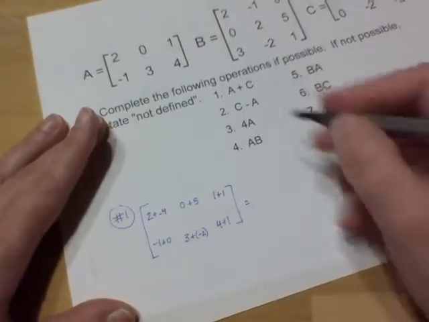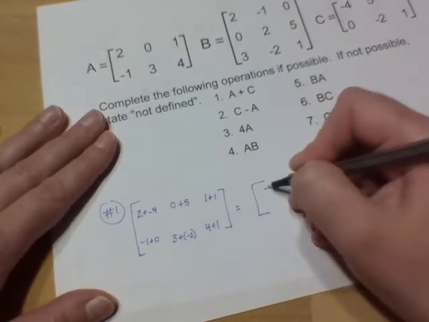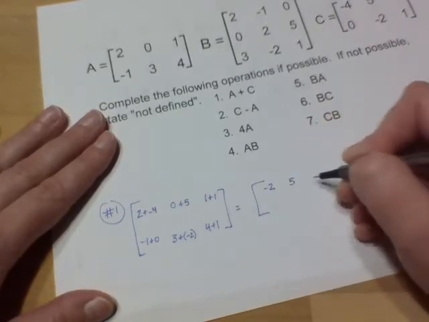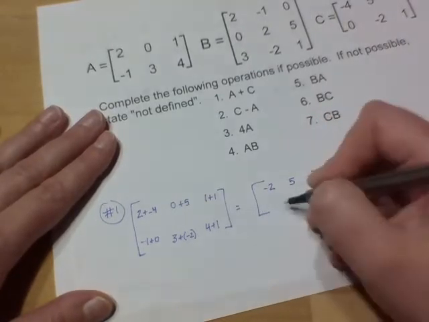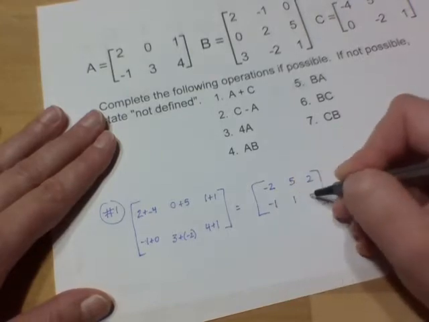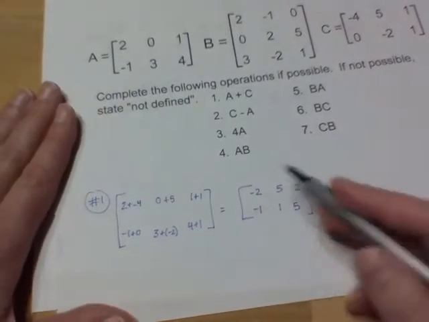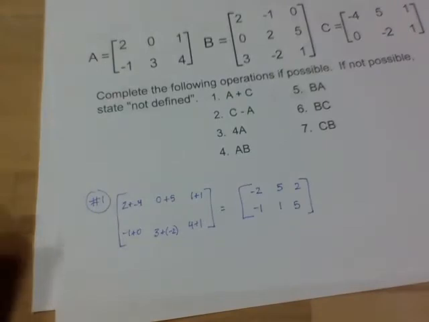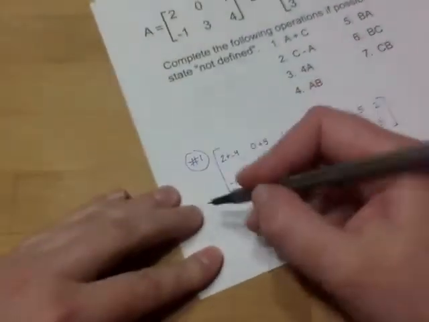So the result of A plus C is going to be negative 2, 5, 2, negative 1, 1, 5. So that is our resulting matrix. All right. Then in number 2,